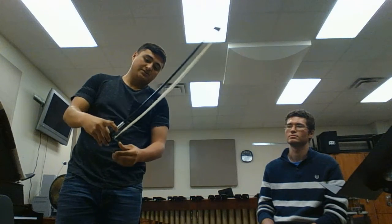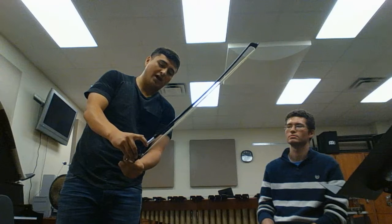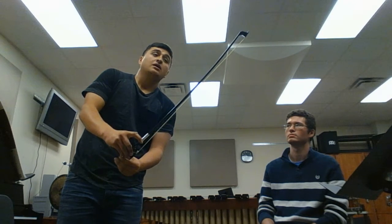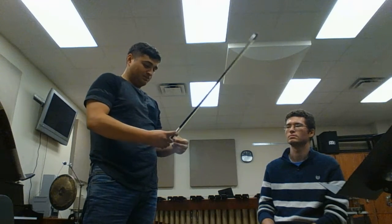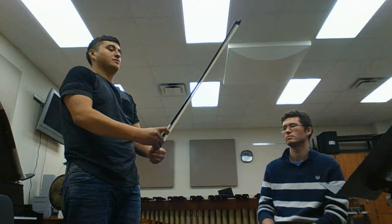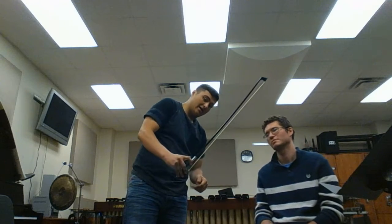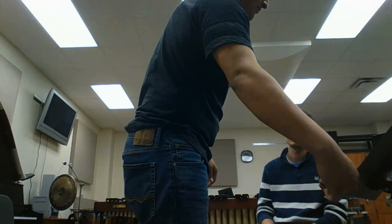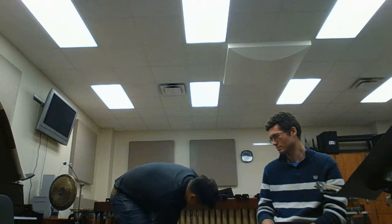And if you look right here, the hair's loose. The reason the hair's loose on the bow is because most players loosen the bow hair after they play so that none of the hairs will unwind or pop off, like the snap. So you want to tighten this, of course, when you play it again. So if you look at that, you can see the tension right there. And here in a little bit, you're gonna be able to bounce it on the bow because of how the tension. Anyways, next step is to actually